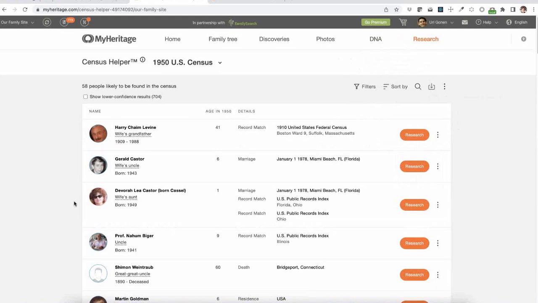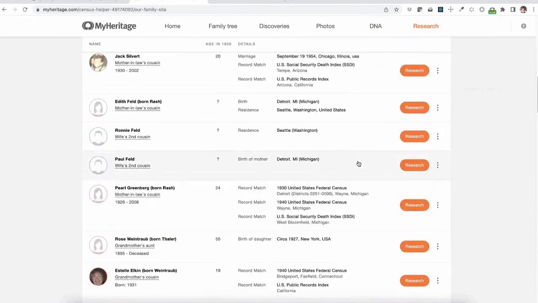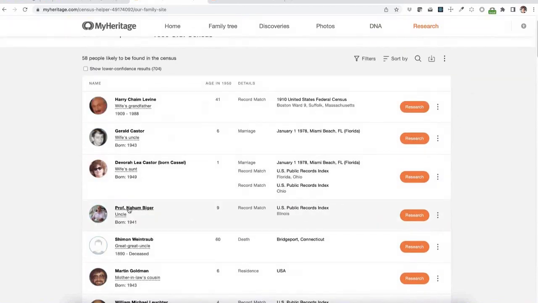Could you show us, since we have the live here, Cassandra's wondering how to remove a suggestion from the list. Maybe don't actually do it, but show us where that's at. Right. So this is a good example here. This is my uncle, you see here. He was born in 1941, so he would have been 9 during the census. And he lived at some point in his life in Illinois. He was a professor. He's a professor in the university, and he did many sabbaticals, and he lived outside and